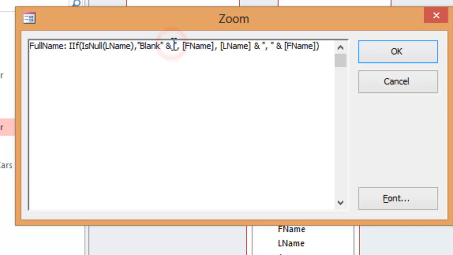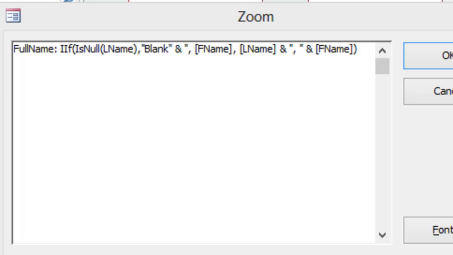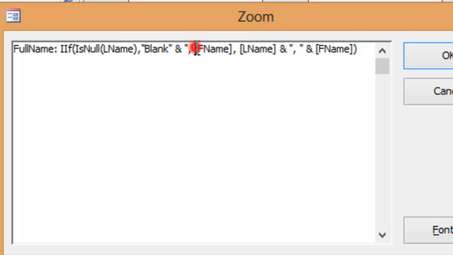And that's the beauty of Zoom. Let's look at the instruction. The comma after blank here has quotation before it and quotation at the end of it. So I need to come here and put quotation,